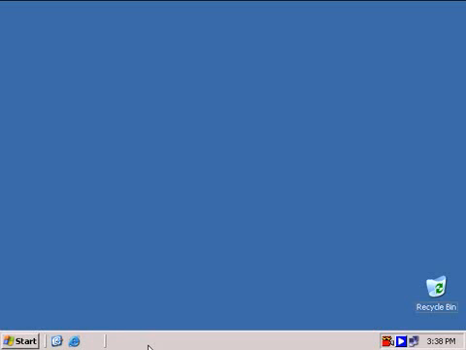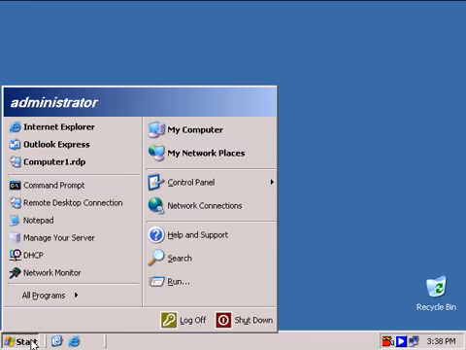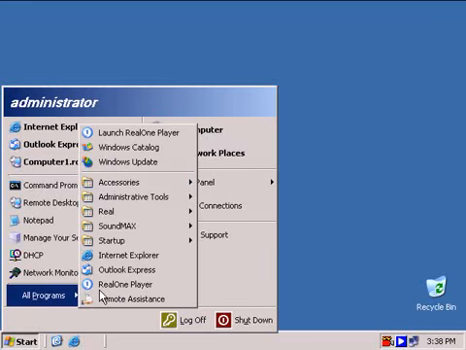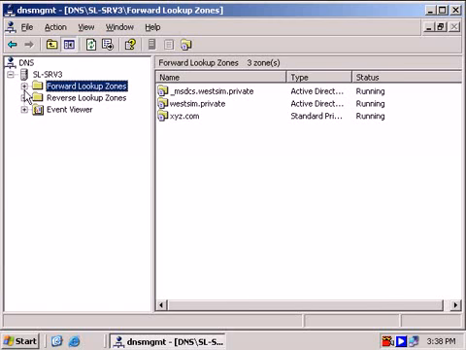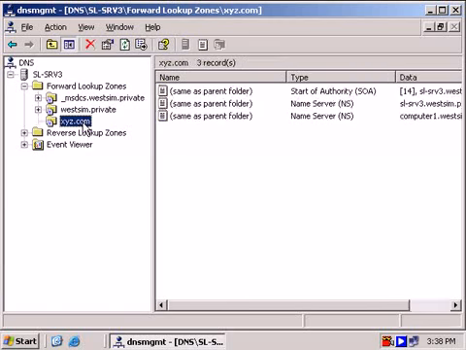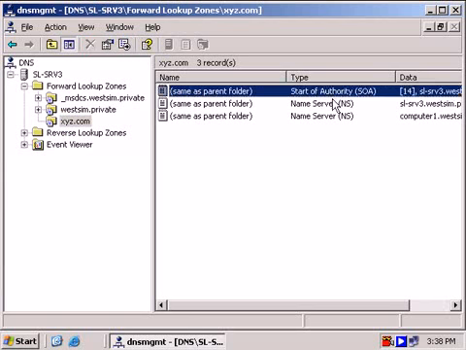There are 7 resource records you need to be aware of with DNS. There's more than that, but there's 7 main ones you need to be aware of. So let's check out our DNS console, and we'll take a look at a few resource records that are already here in DNS. Now with our xyz.com, a primary lookup zone here, we've got an SOA record and a couple